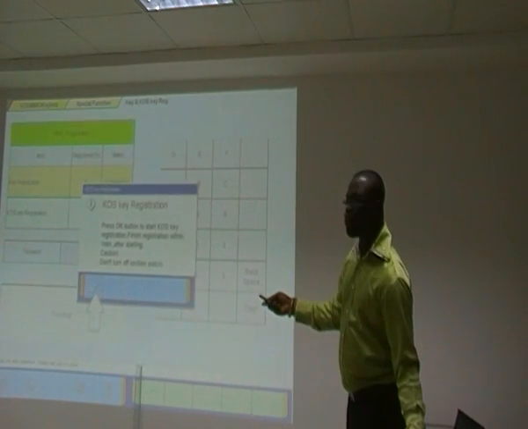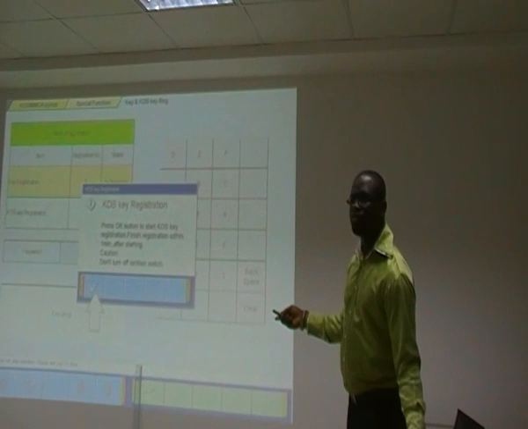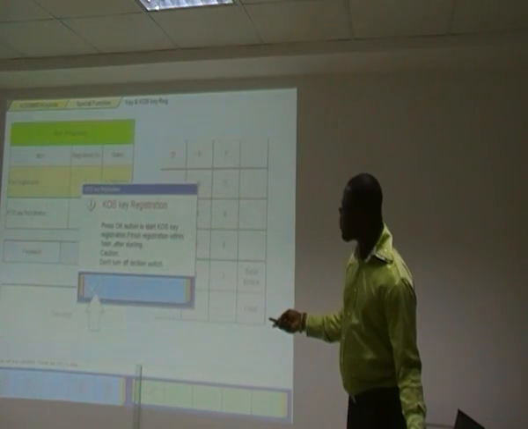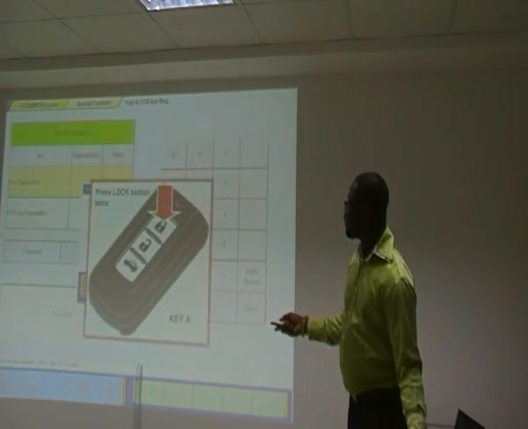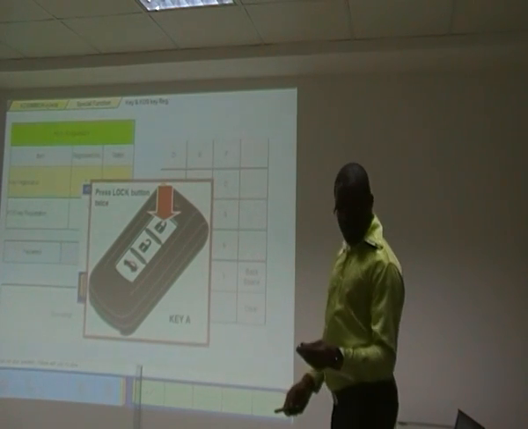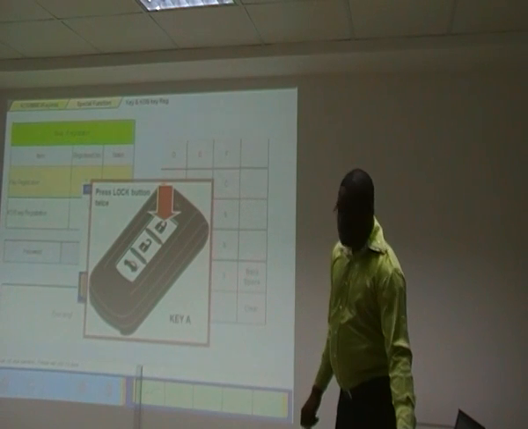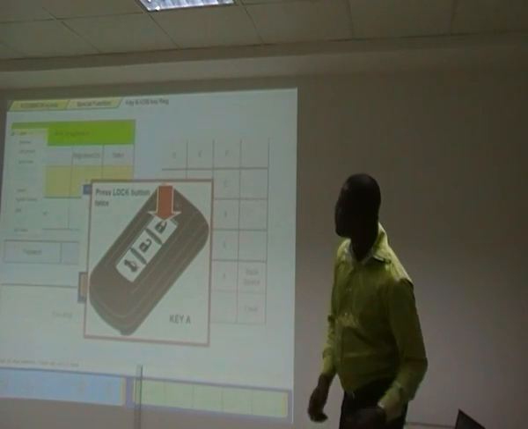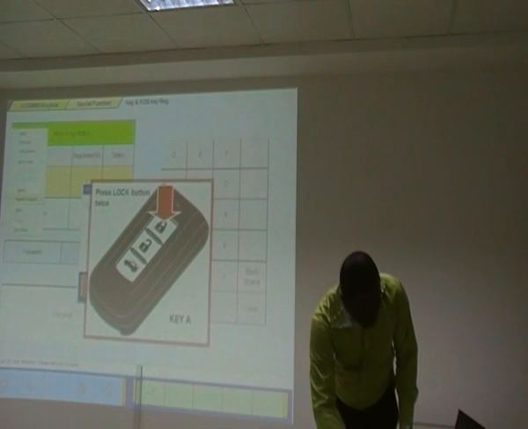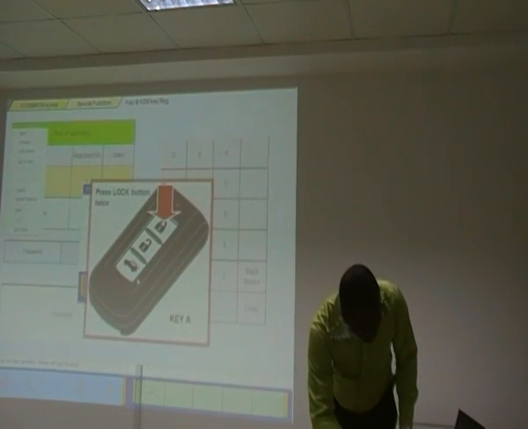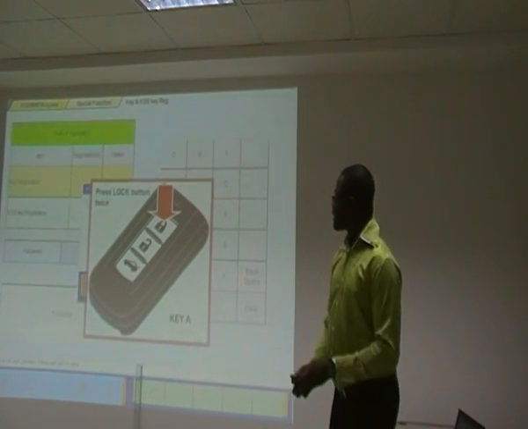When you press this OK, this is what you are going to see on your MUT screen. When you press this OK here, then what you need to do is, this is the remote. What you have to do is, you take it, you take this, and when you take this,